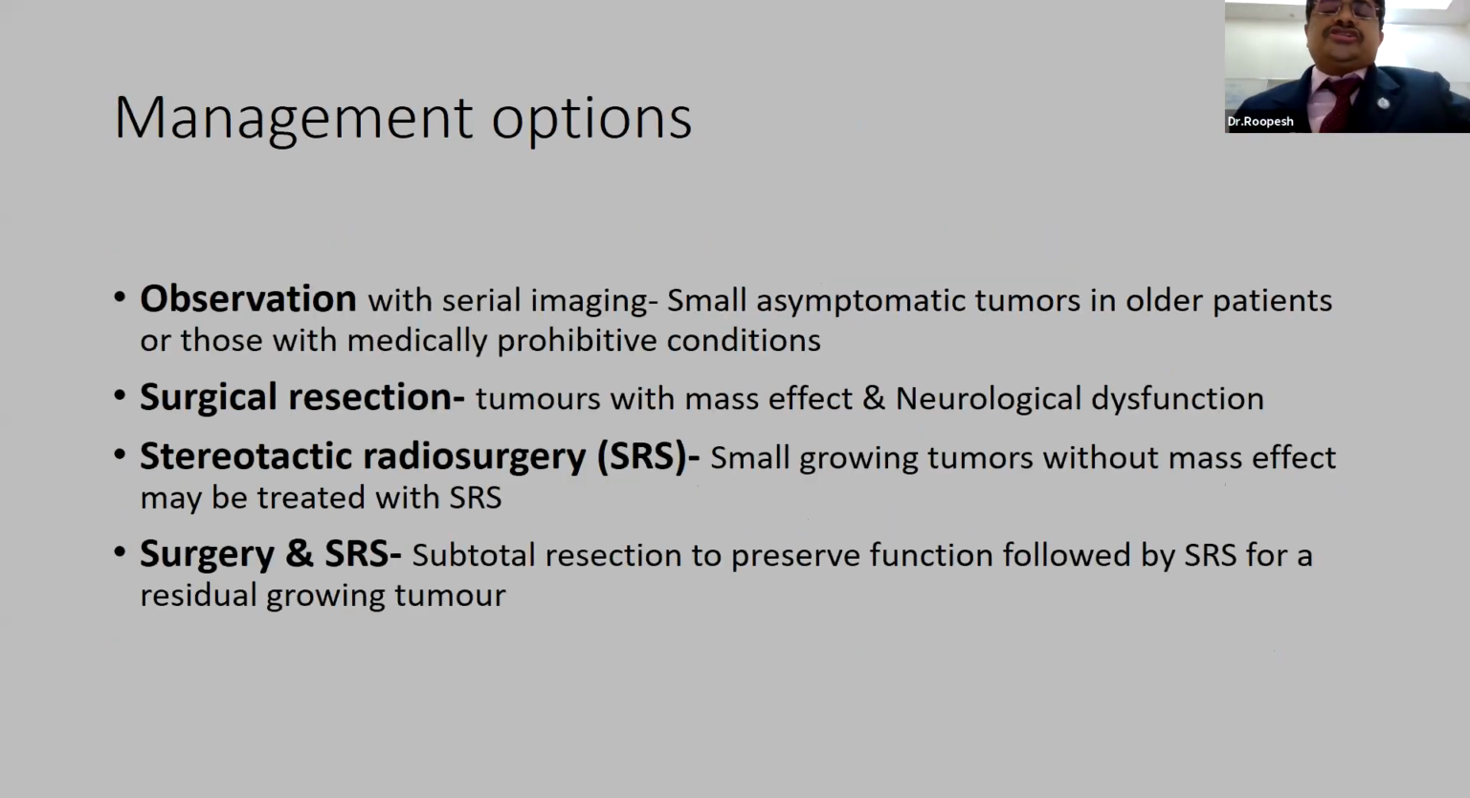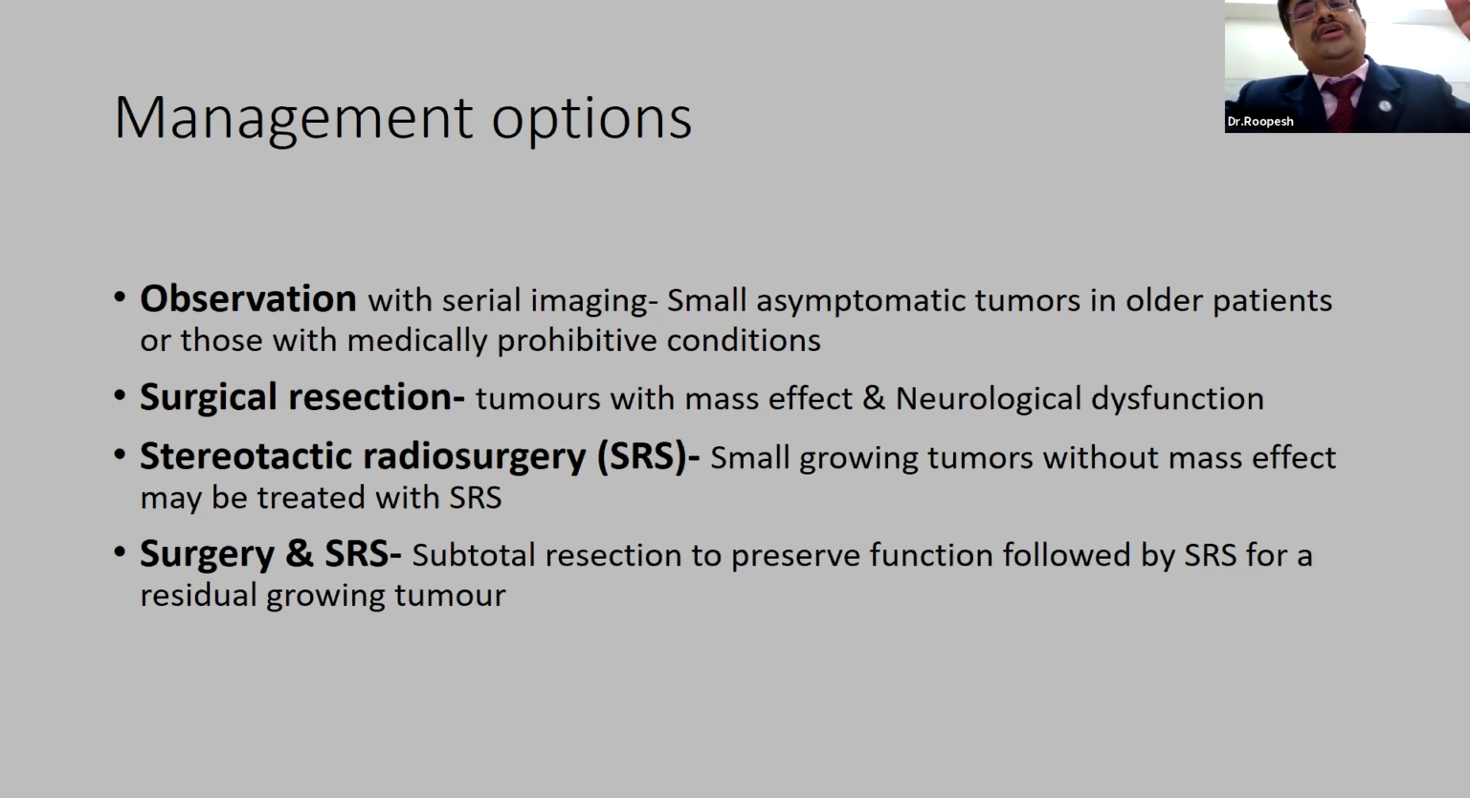Coming to the management options, if it is a small meningioma, an incidental finding with not much symptoms in elderly people, you can manage them conservatively. You need not really jump into it and operate. Any tumors with mass effect and neurological dysfunction, you straightaway go ahead with decompression. SRS, stereotactic radiosurgery, is indicated either as a primary treatment in small growing tumors